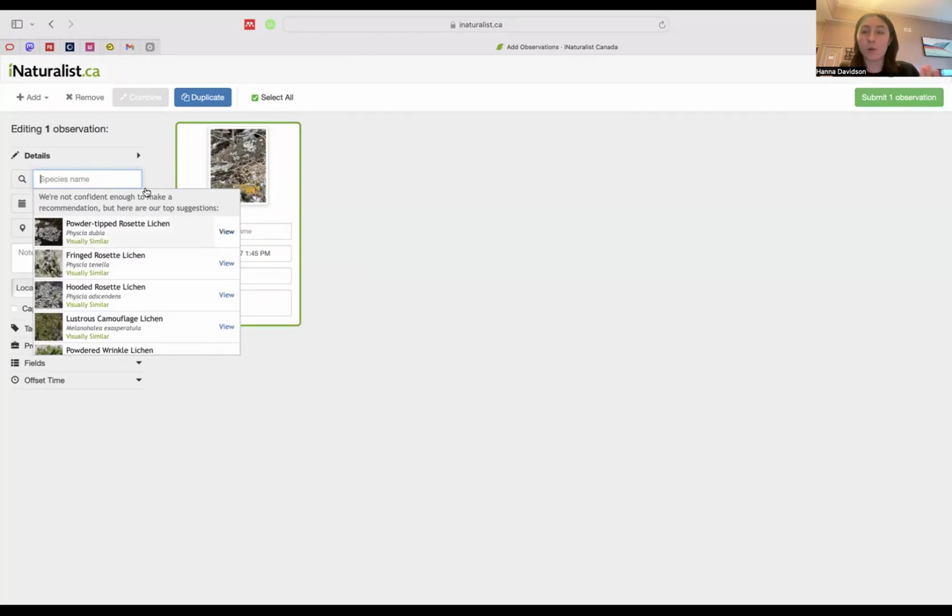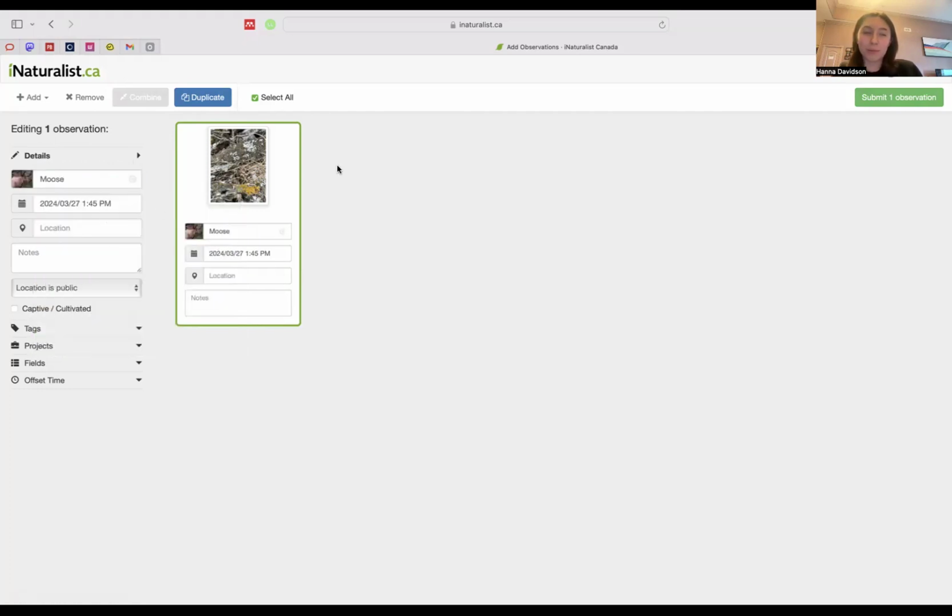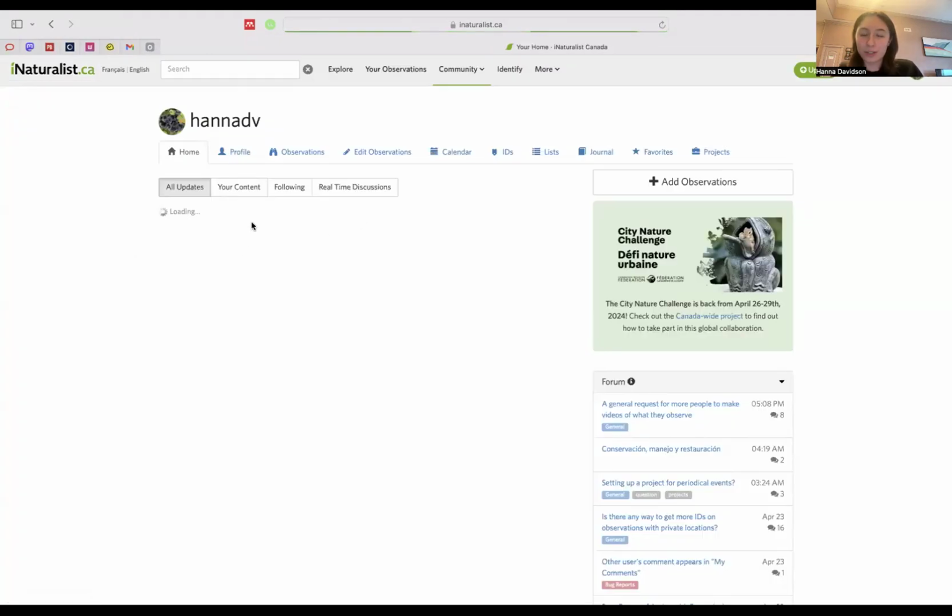I can pick one of these, or I don't have to. I can write anything I want. I can say that it's a moose and I can upload it as that if I wanted to. And then someone would come and correct me later because that's obviously not what it is. Like I said, everything here is really simple and it relies on one person contributing and another contributing with an ID. A photo and ID takes a community to make it all work, which is, I think, really fun and satisfying. I'm going to abandon this because I've already posted it.